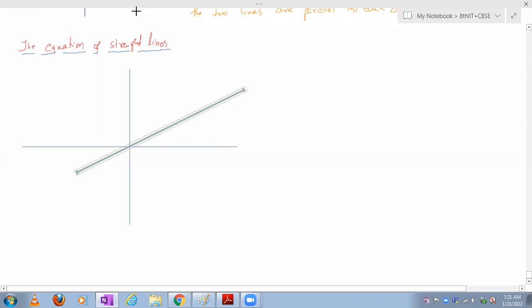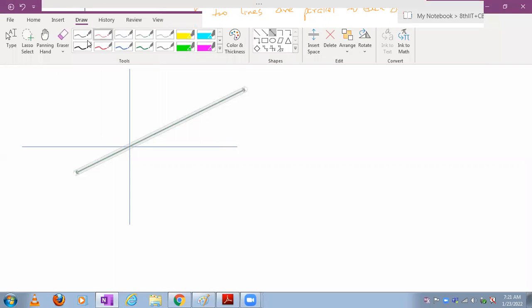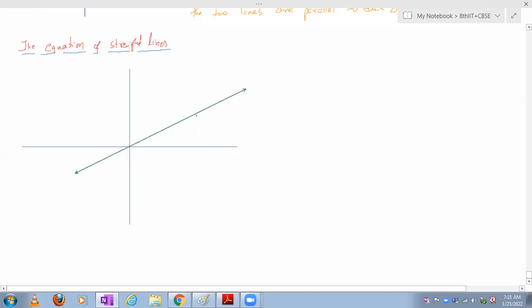So take any point on this line. This will be (x, y). Yes or no? The angle made with the positive x-axis is theta, and it is passing through the origin. The coordinates of the origin are what? 0, 0. Yes. Now,